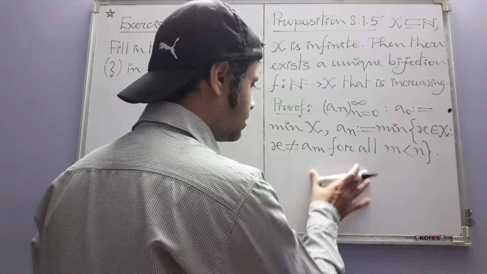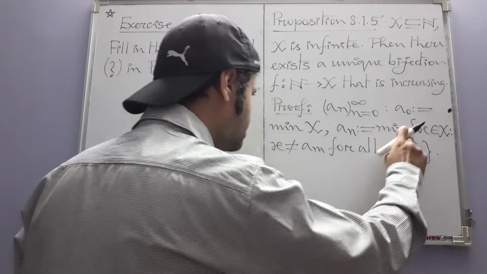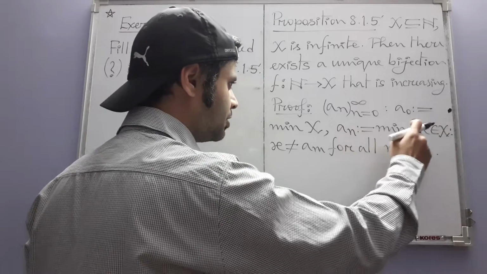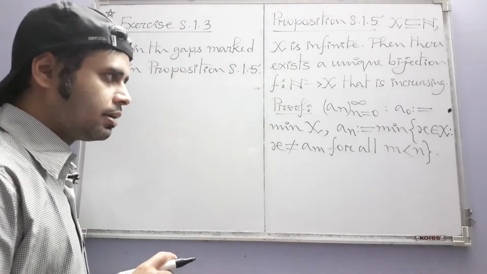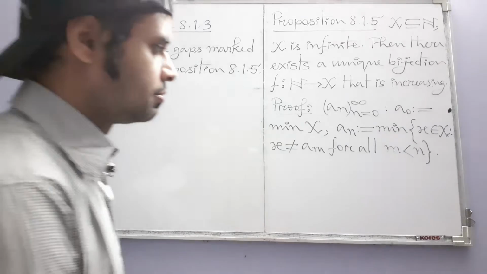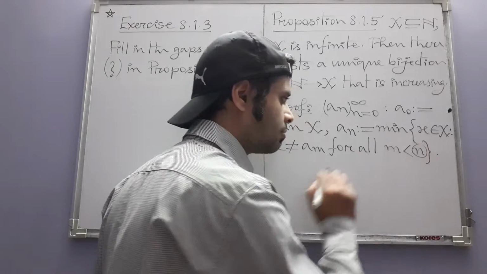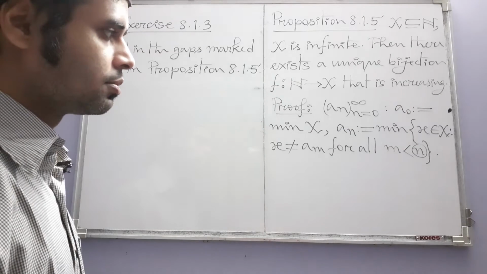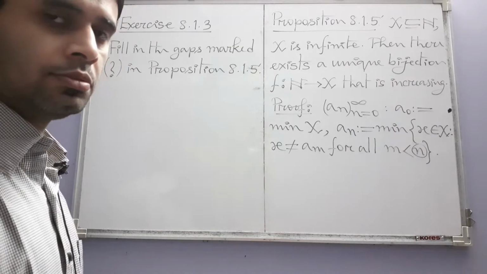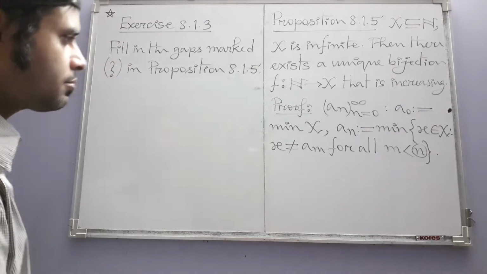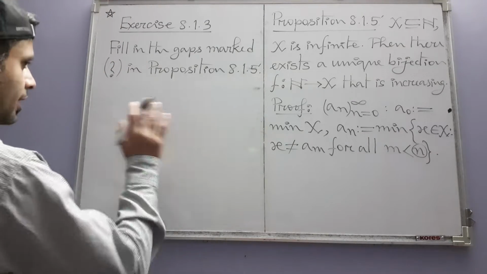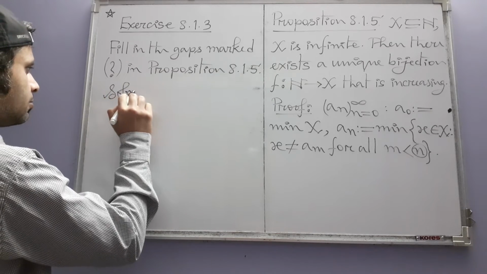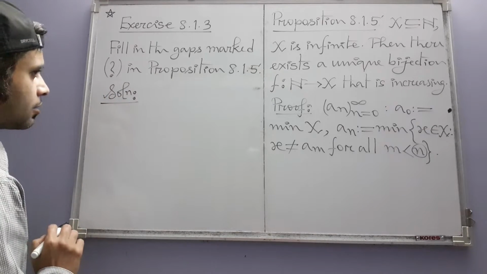Then in the text it's mentioned that this set that is involved in this definition, forget the minimum, just the set, is an infinite set for every natural number n. So that's what we now need to justify. That is the first question mark. So in the solution we start off like this: